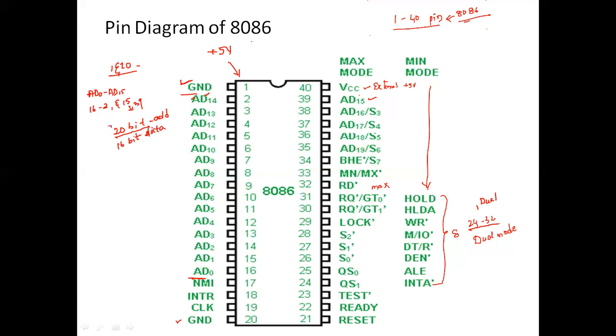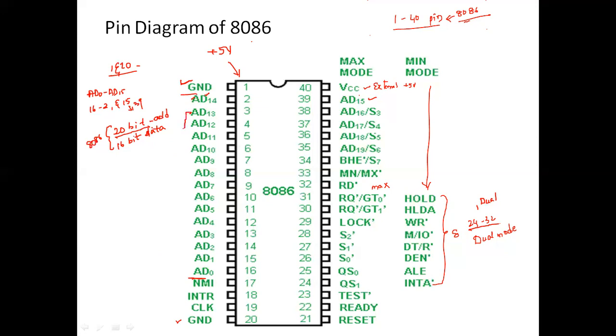Fine. This 8086 microprocessor has a 20-bit address bus and a 16-bit data bus. So 16 lines of address and data bus are multiplexed together, so as to reduce the number of IC lines inside the 8086 processor. We need to know the fact that at a time either address will be transferred or data will be transferred. Both cannot be transferred at a time. So that is the use of AD0 to AD15.